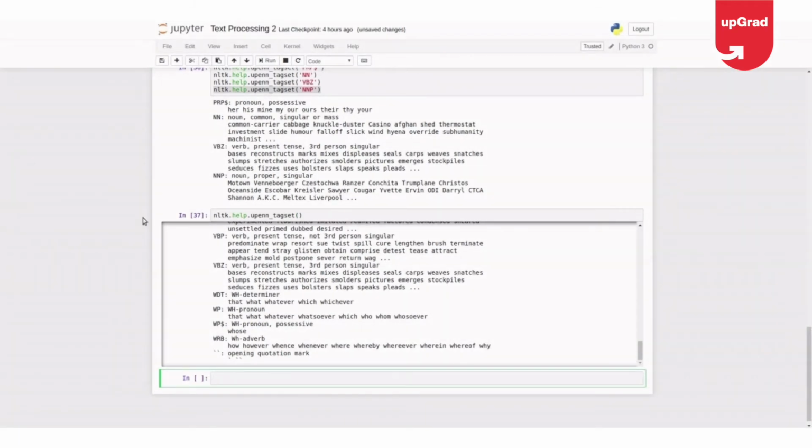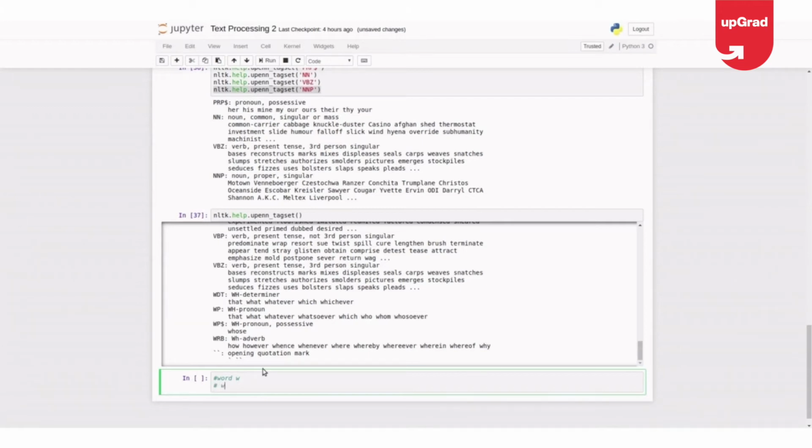Okay, suppose you want to find similar words according to your data based on the context. How do you do that? For example, there's a word W, suppose, which you want to check out. If you want to find similar words in your corpus, like W, then how do you find? So basically you find in this way, right?